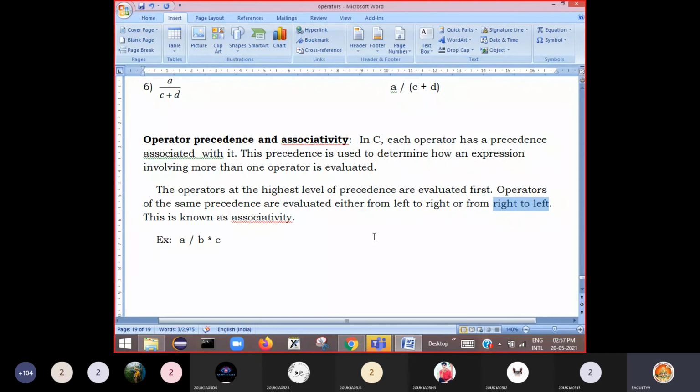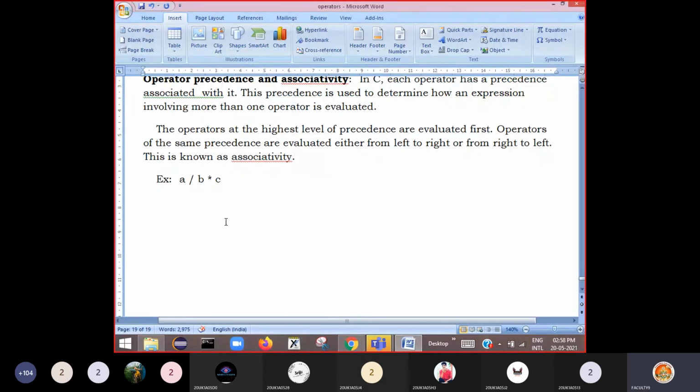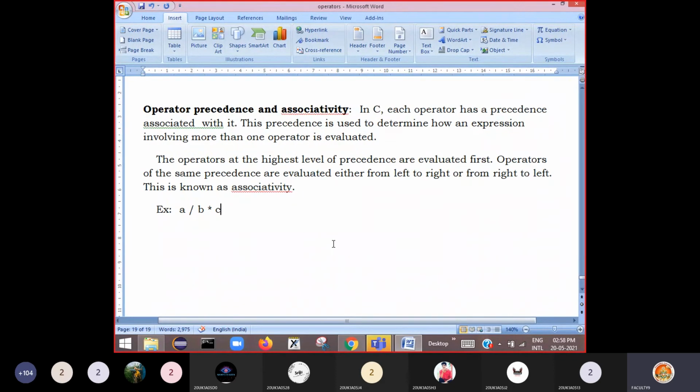You need to understand which operators have left to right associativity and which have right to left associativity. Then you can understand how the compiler is performing the calculations of these expressions. That's why associativity is very important to be known being a computer science student.